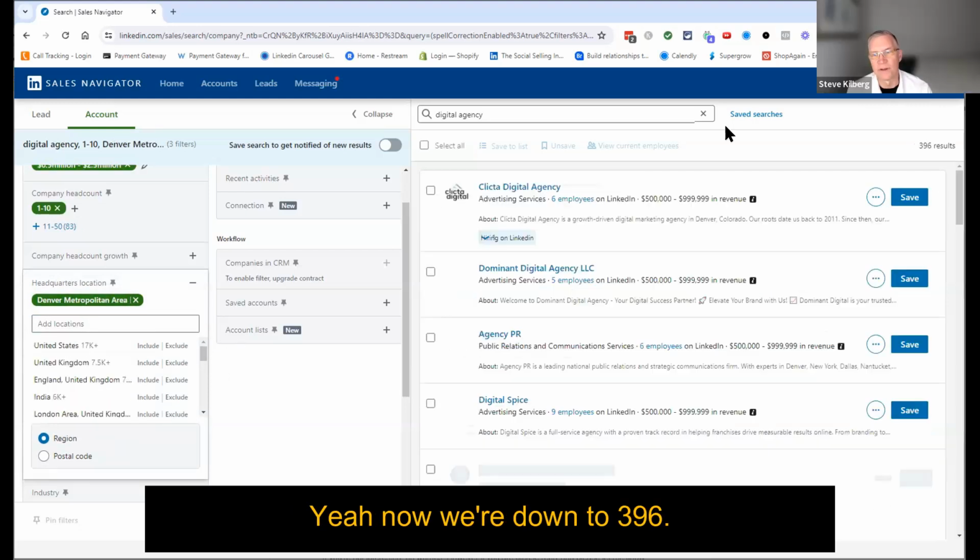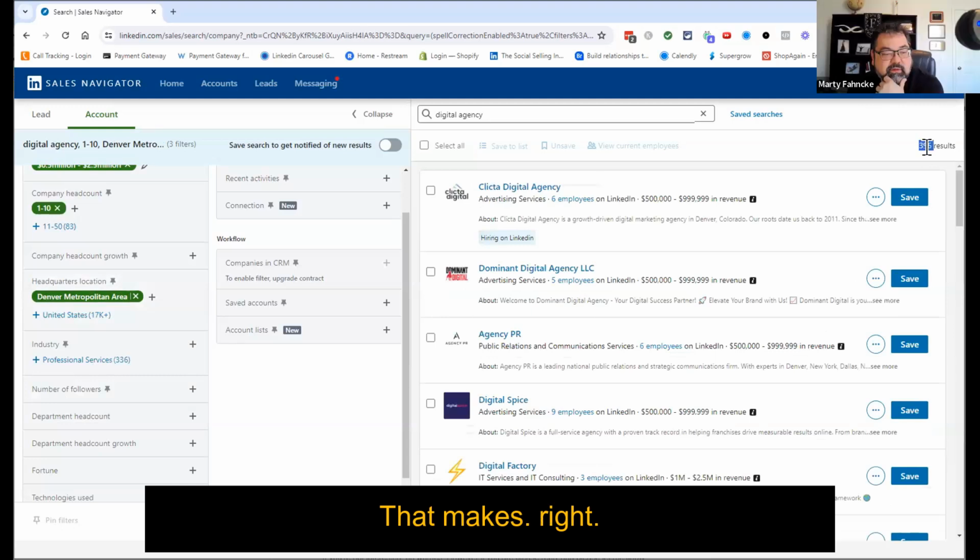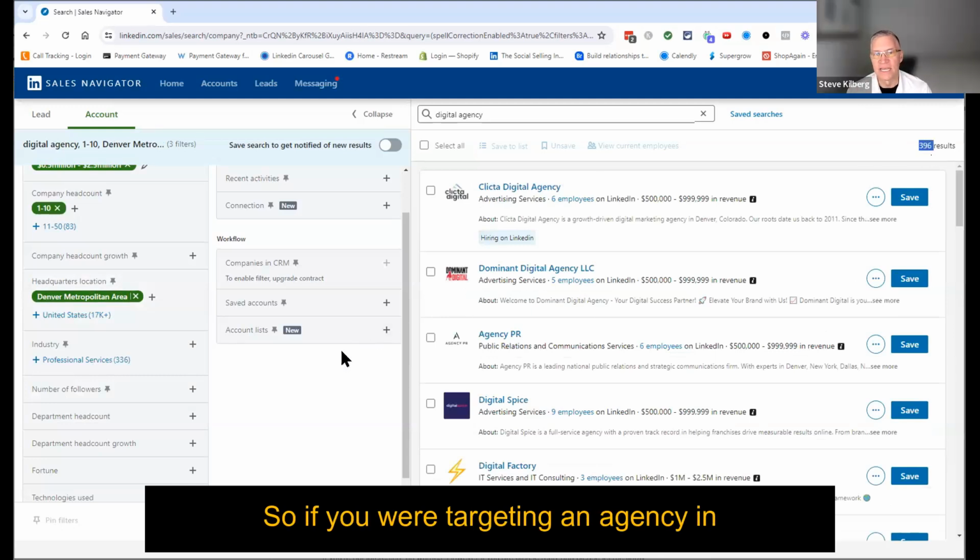Yeah, there we go. Now we're down to 396. That makes much more sense. So if you were targeting an agency in Denver, for example, now that's much more palatable. It's still a large number, but you see there's still a sizable amount of companies that are doing at least